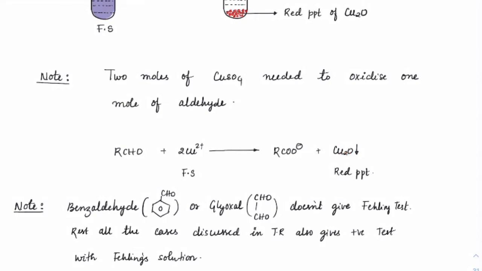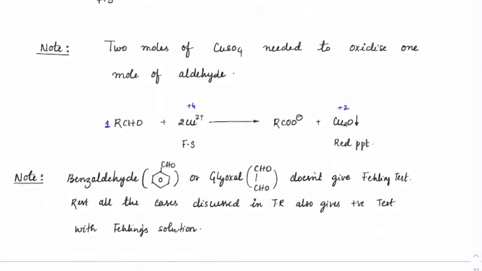Now again, if you check it out, copper sulfate, which is Cu2 plus, is converting into Cu plus, right. So which means if at all I take 2 moles of copper sulfate, that is needed for 1 mole of aldehyde here. Because you can see that 1 mole of this here, if you check out oxidation state, it is +4 changing out to +2, okay. Because overall the charge here is +4, overall the charge of copper here is +2, so 2 electrons are being gained. So RCHO will lose 2 electrons here to form RCO minus. So 2 moles of copper sulfate would be needed for 1 mole of RCHO. Okay. I guess all of you understood that.